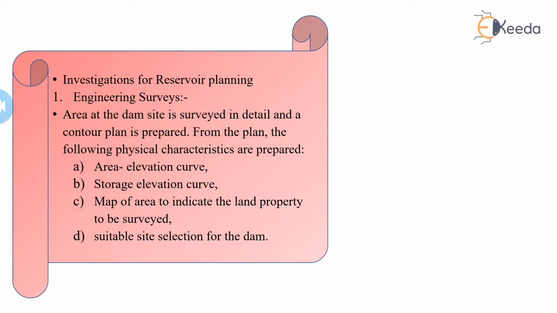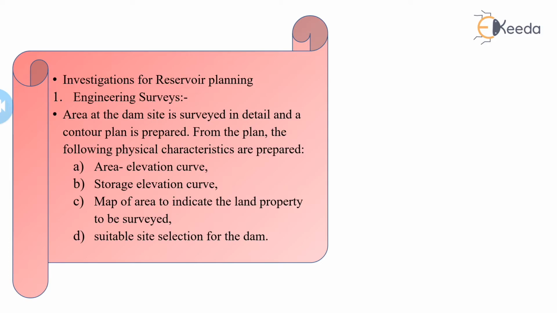So basically we have two types of curve. The first is area versus elevation, which is why this type of curve is called an area elevation curve. Through this we get the value of the elevation, and the value of the area of the contours by measuring with the help of a planimeter. Once the area is known, we can find out the reservoir capacity or storage capacity of a reservoir by using the trapezoidal or prismoidal formula.